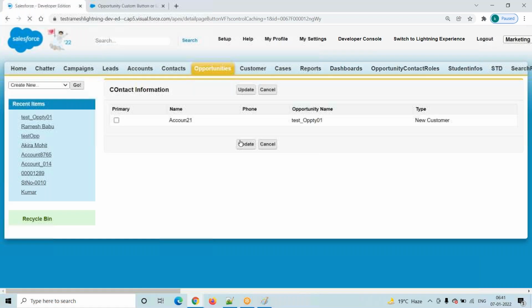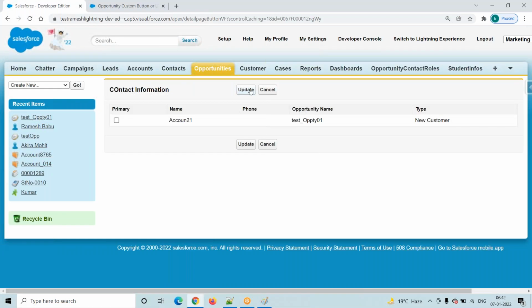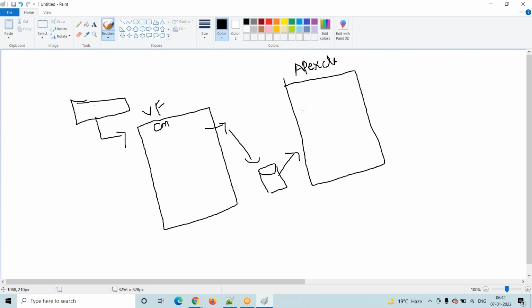Whenever we click on these buttons, these are called command buttons. In this case we have to implement our logic inside a method. Just observe the difference. In the class, a constructor is there and a method is there. Whenever the user clicks on this detail page button, internally it is calling the Visualforce page. From the Visualforce page we are calling the controller. Controller is nothing but server side. In the server side, the constructor has some logic, and that logic it is executing.